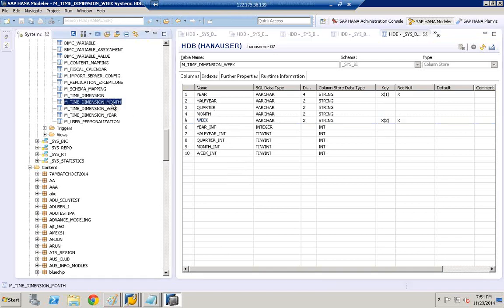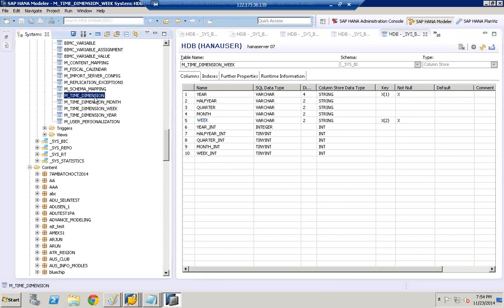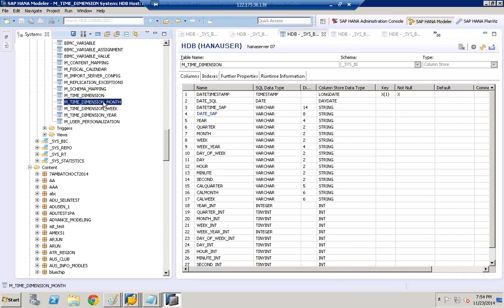So in month, we do not have week. In week, you do not have day. If you want everything, you can go for this. So this is a larger table. The table is large. This is only because whenever you join these tables to the foreign key,